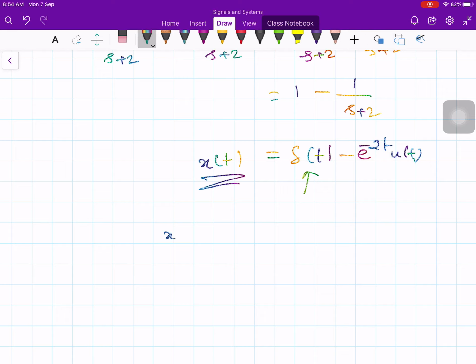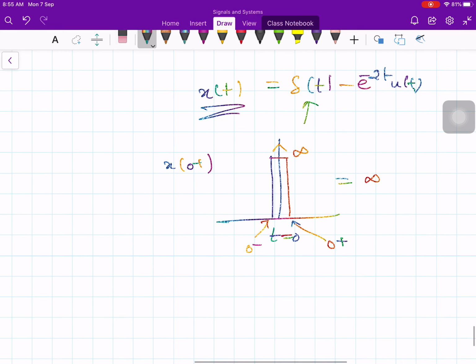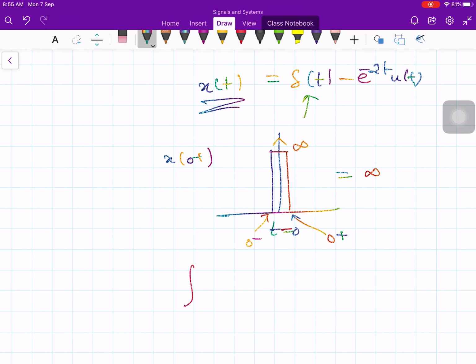At x of 0 plus you have an impulse, right? At t equals 0, the impulse is sitting like this. The impulse ranges from 0 minus to 0 plus. Therefore, at 0 minus or 0 plus, the strength is infinity. Therefore, the initial value becomes infinity. So you cannot apply the initial value theorem here if you have an impulse. The impulse strength is infinity, but if you take the area of the impulse, its area is going to be 1. That is well defined. But at exactly 0 plus, the magnitude is infinity. That is why here you got infinity,